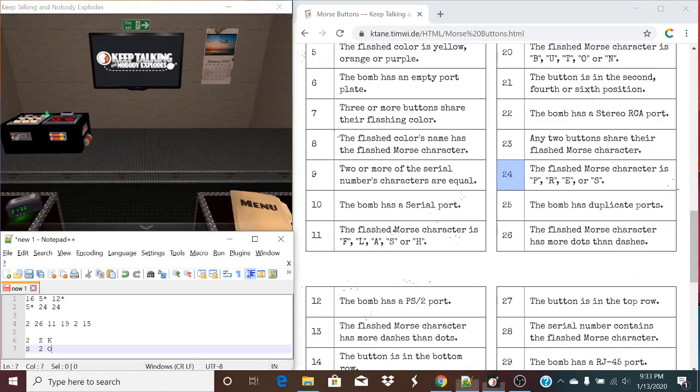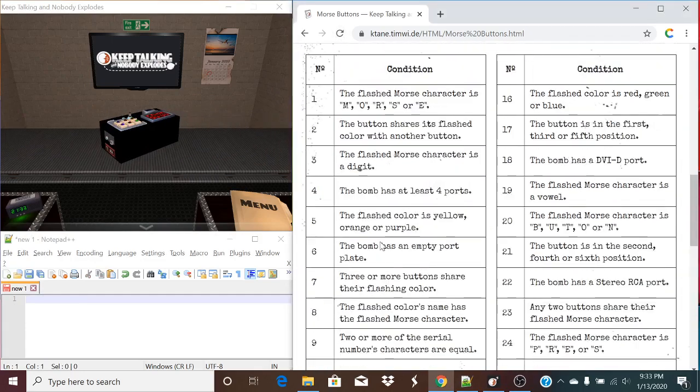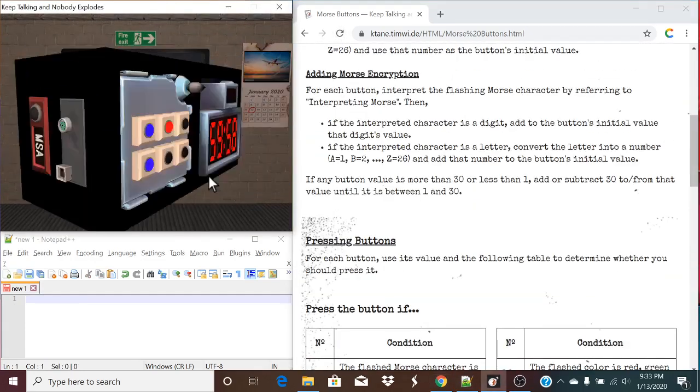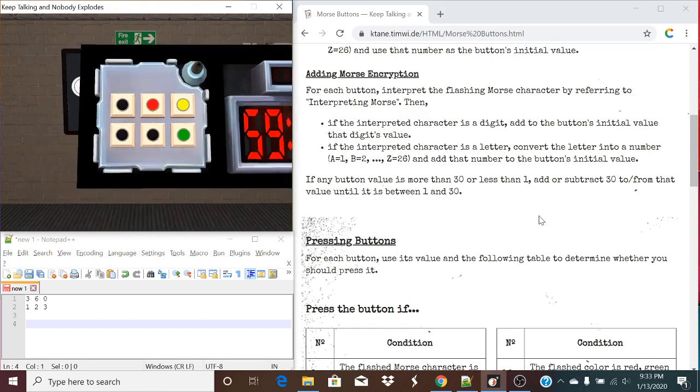Let's take a look at one final example. Maybe we can get the however rule down here. Let's see. Serial number is going to be 360. Ooh, this is easy. 1, 2, and a 3. Nice and easy. And our flashing characters are going to be